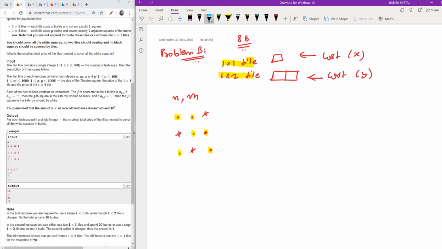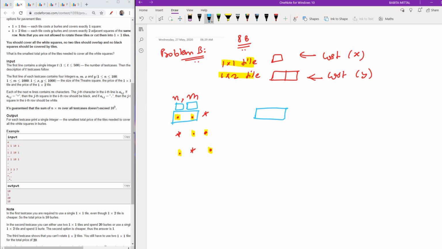First of all, you must be wondering: I could place a tile of 1 cross 2 like this, or a 1 cross 1 tile like this, so what should I do?